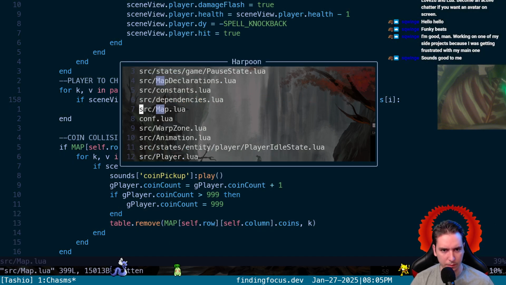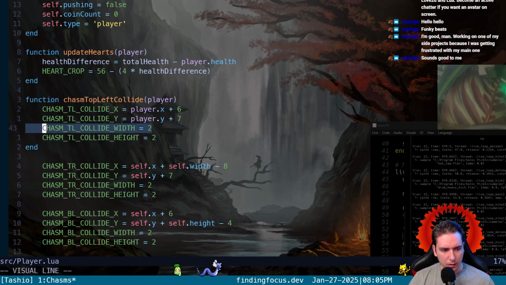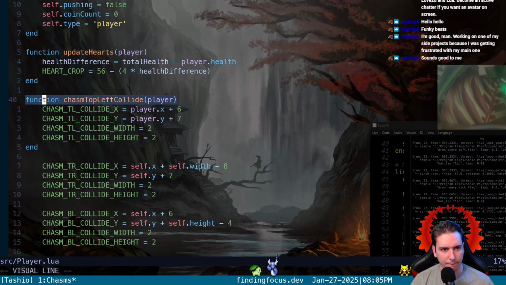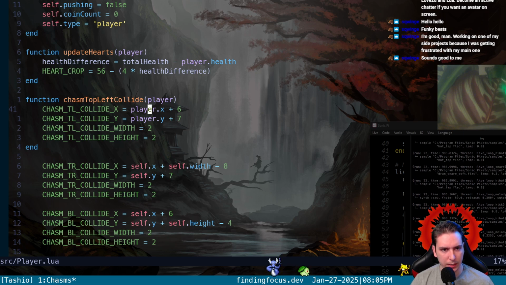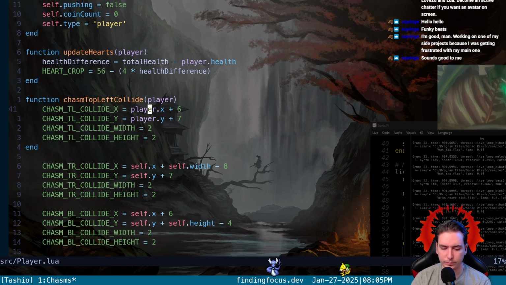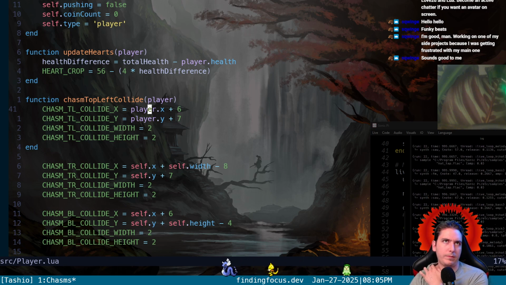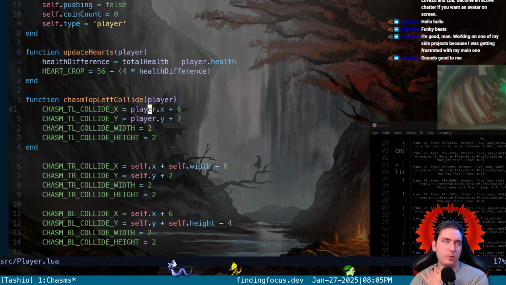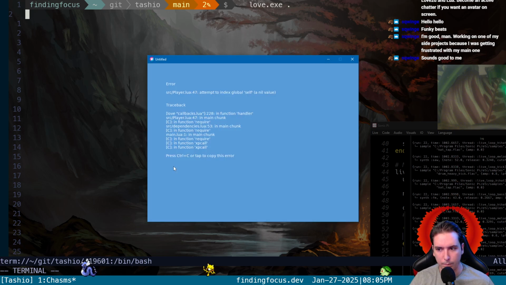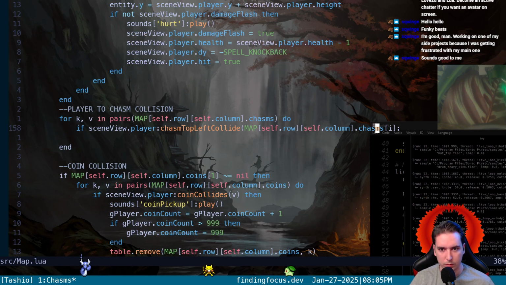No, this is a little backwards. Okay, so the player has this method. Yeah, it wouldn't take in... How would we do it? Because we have to return whether or not any of our little bounding boxes are colliding with the chasm. So for right now,